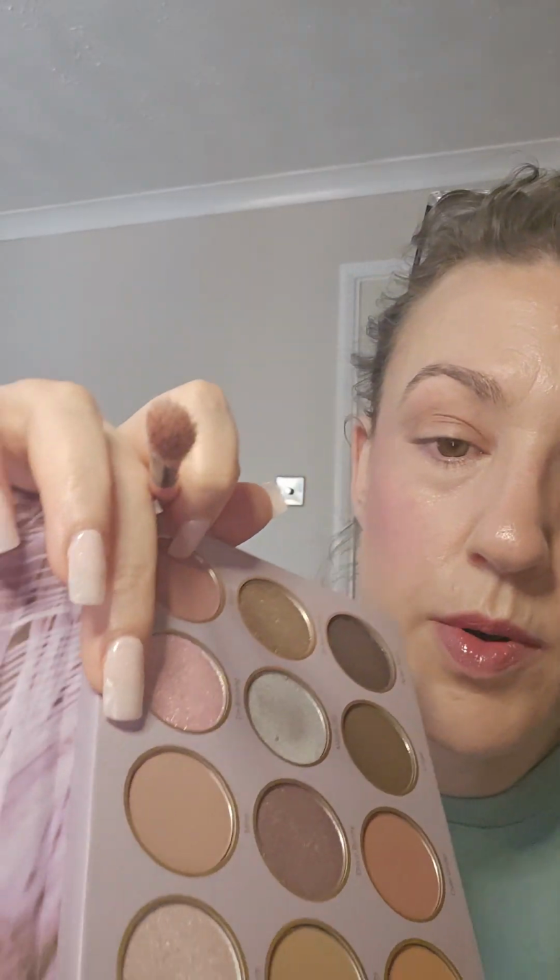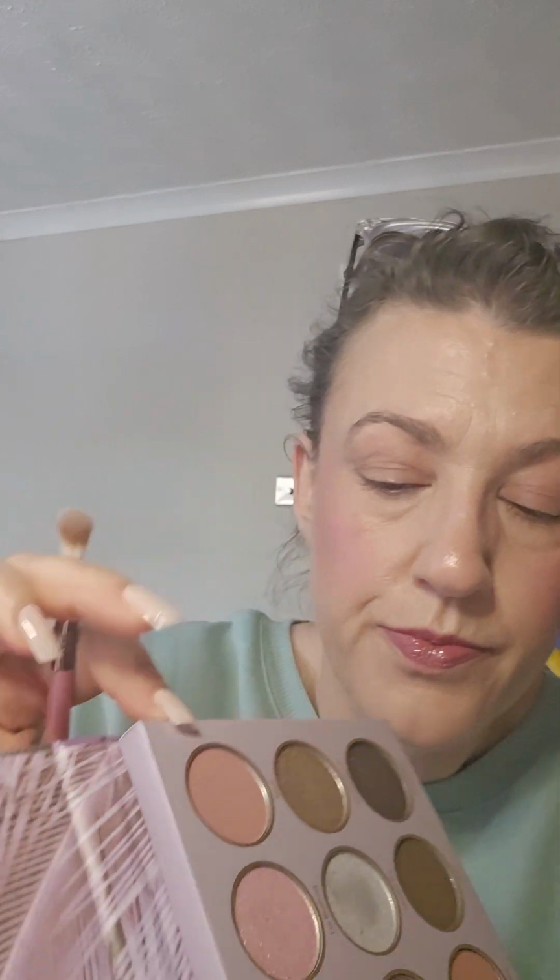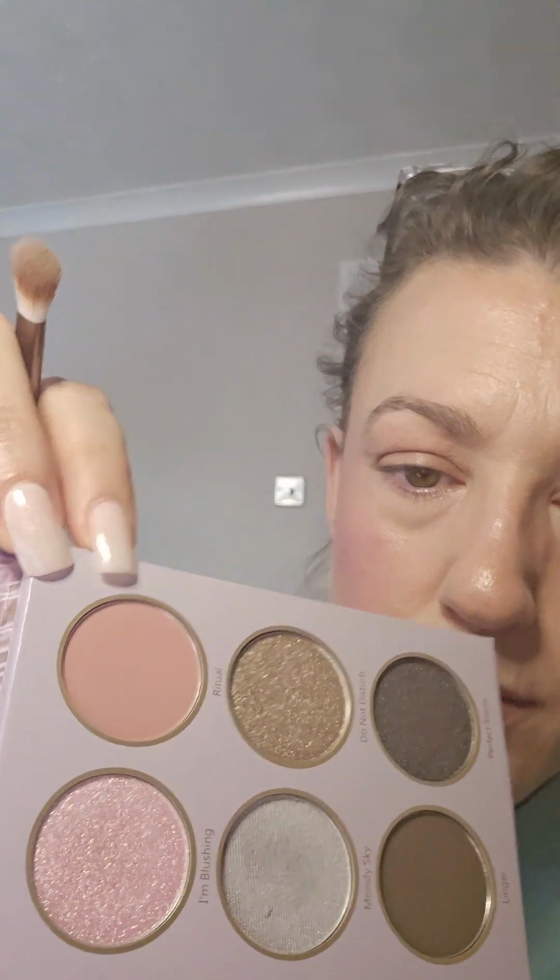So I've gone with this one, lighter nude, but the pigment on them is brilliant. I mean, you just can't go wrong with a bit of She Glam. And then I will go slightly pinkier with this one. But yeah, for the price,